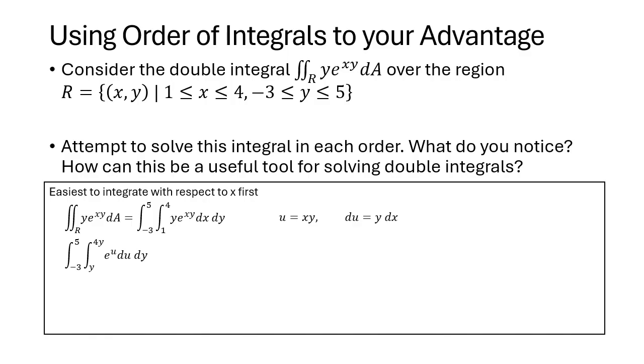We get that new integral, which is now the integral from -3 to 5 and y to 4y of e to the u du dy, noting that y dx became du. Now, the antiderivative of e to the u is just e to the u, and we are evaluating that from u equals y to u equals 4y, which then gives us the integral from -3 to 5 of e to the 4y minus e to the y dy. And at this point, we integrate that again. We get 1/4 e to the 4y minus e to the y,